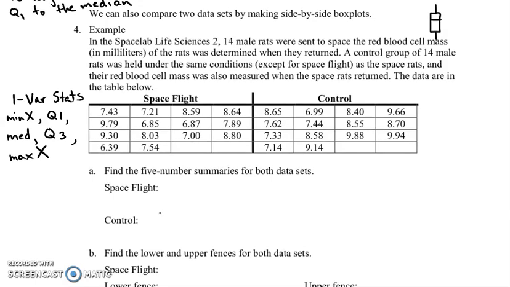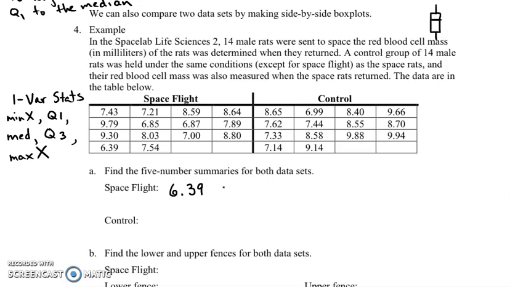So if you need a reminder of how to do that, go back and watch the example from the previous video again. In order to save time, if you do that, you should get a 5 number summary for spaceflight